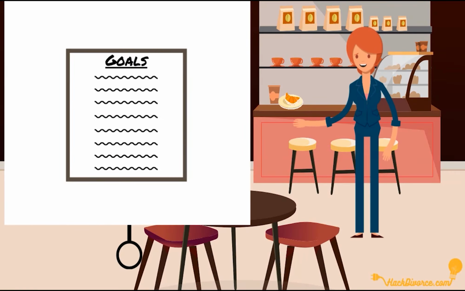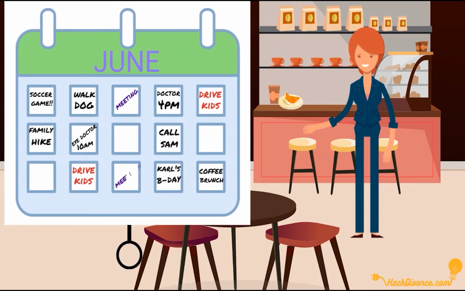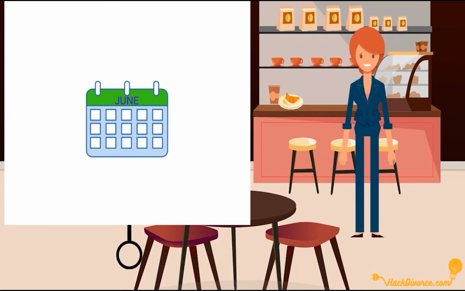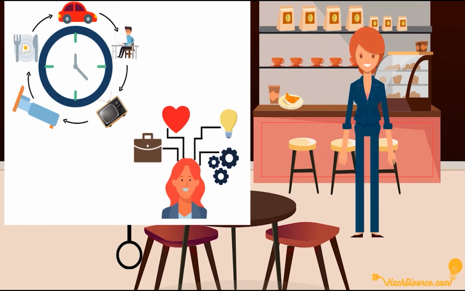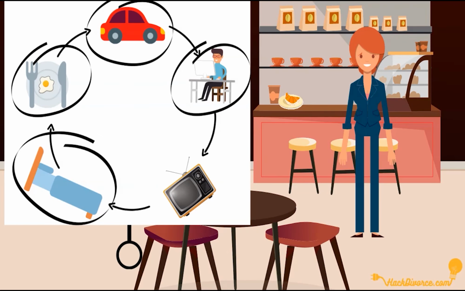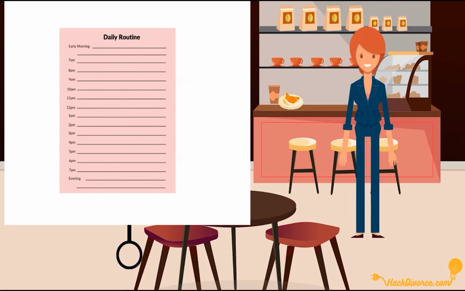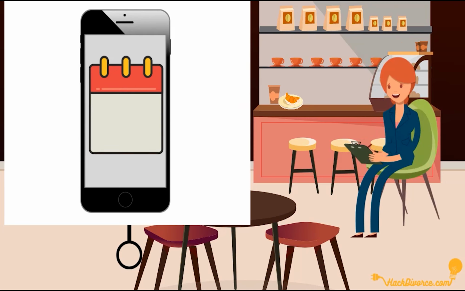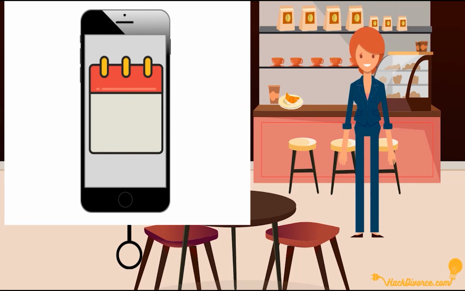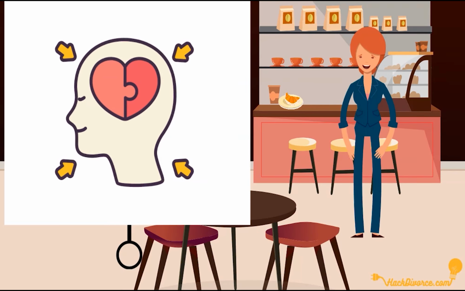If you know what your goals are, you can break things down into tasks that need to be accomplished. This is where your calendar starts to come in really handy. Regular routines and some self-discipline can help you accomplish your short-term goals. If you don't currently have much of a regular routine, other than going to work and doing set scheduled things that you don't have much control over, now's the time to change that. It might seem like a bit of work to figure out a routine and get it down on paper or into an app, but in the long run, helping yourself this way will make your life easier, free up your time, and give you a better state of mind.